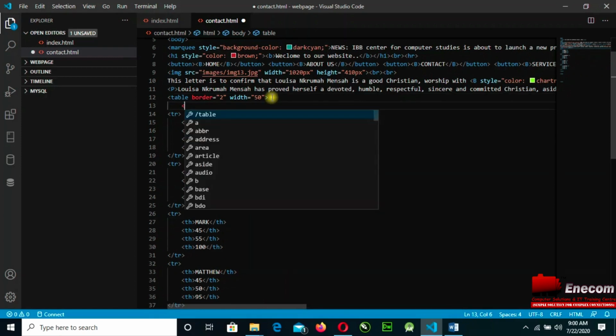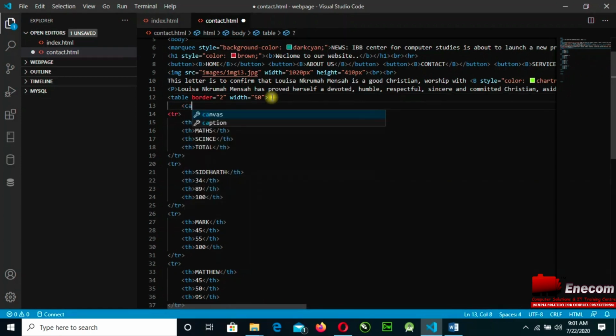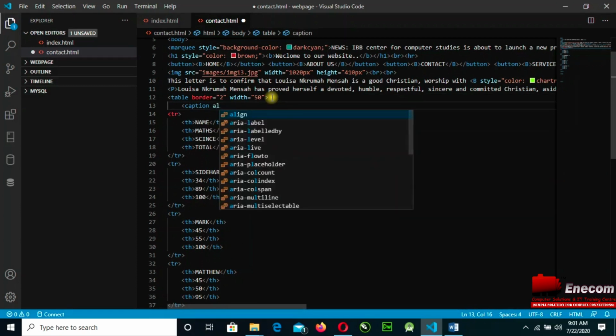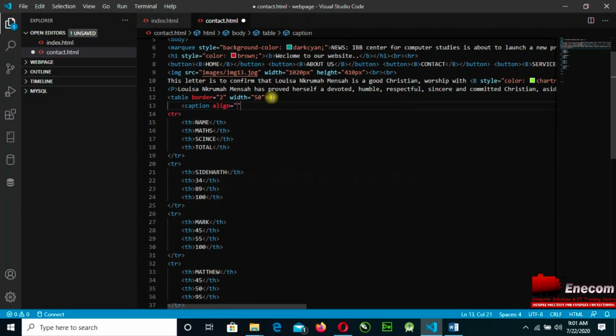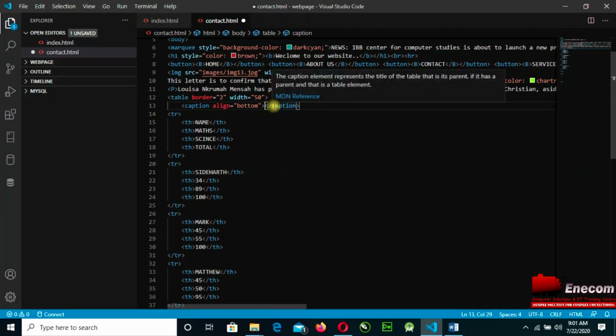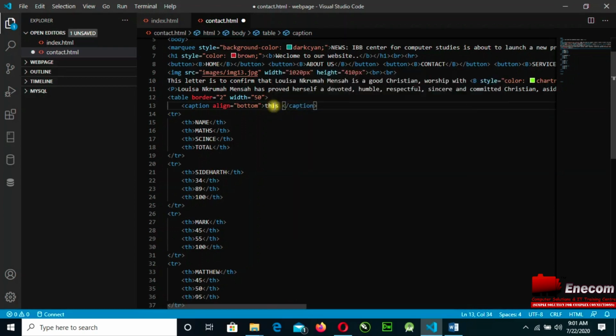Let me add this caption align button. Then at the back of it I will insert this student data.